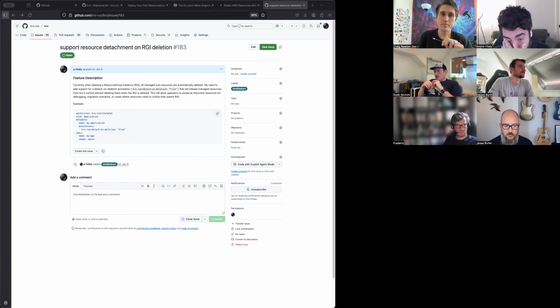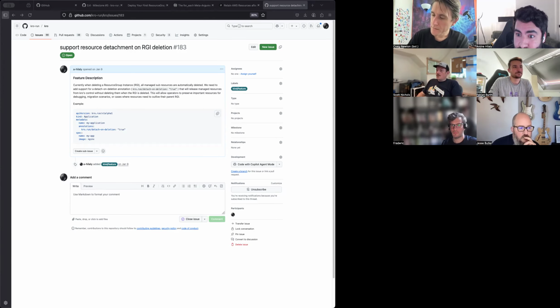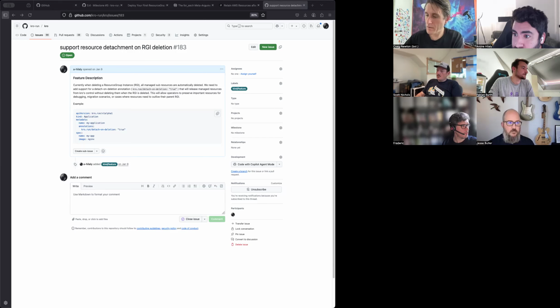I linked another issue in the chat, which covers more than just detach. It's lifecycle modifiers. It's a more comprehensive look at this issue.